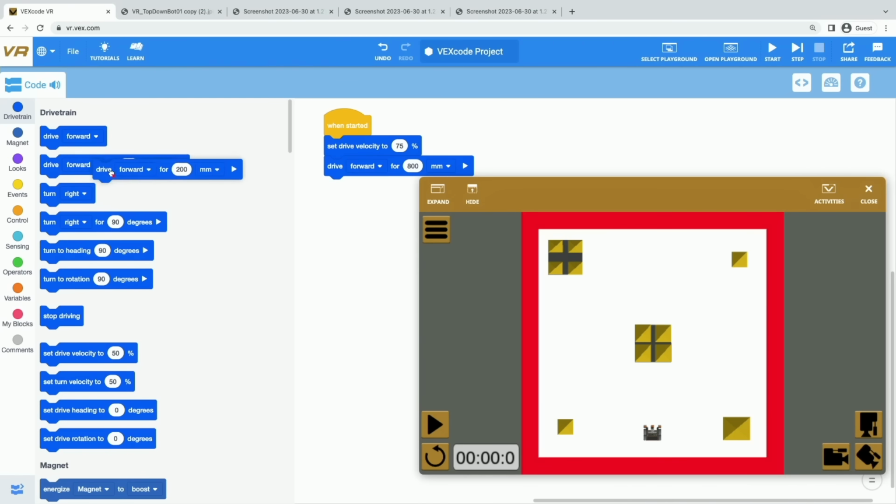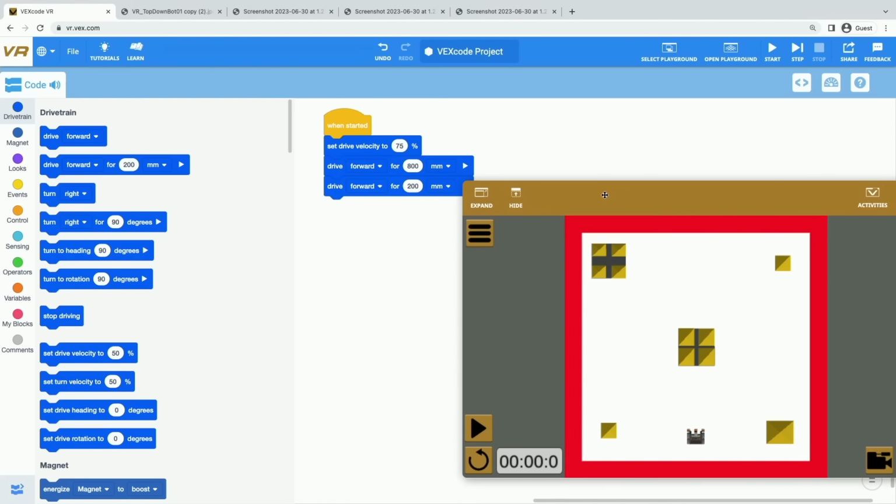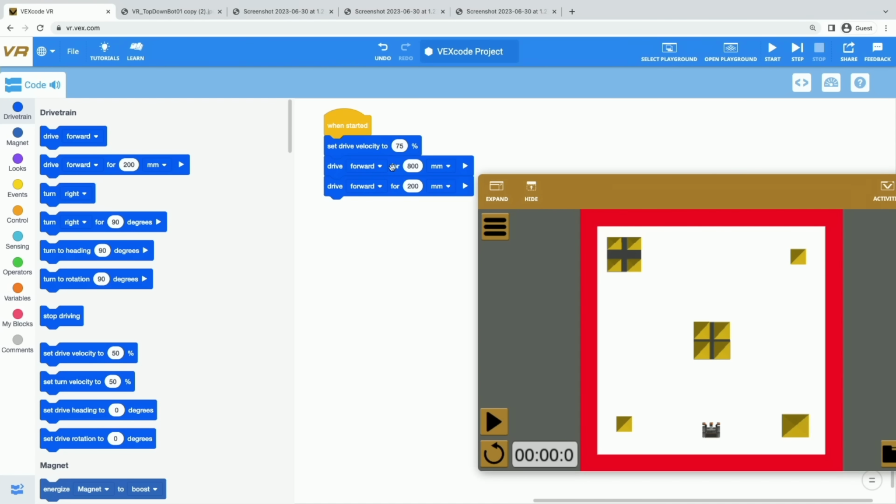Every time we add a block, we're going to add behaviors that our robot can do. So I'm going to drag in another drive for block, and you can drag that in with me. And now we know if it drove forward for 800 millimeters and we want to go back to where it started, we don't want to drive forward again. We want to drive in reverse. So all of these little things that I can change inside of the blocks are called parameters. So I'm going to change that parameter, which is the direction, from forward to reverse. Then I'm going to change the distance parameter here to 800 millimeters.